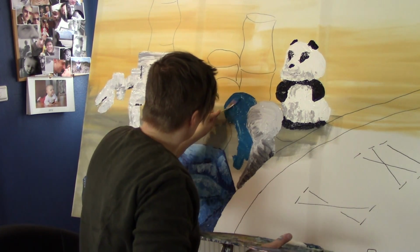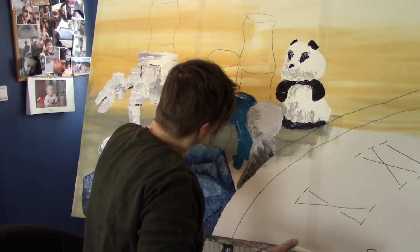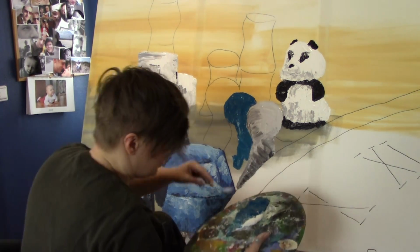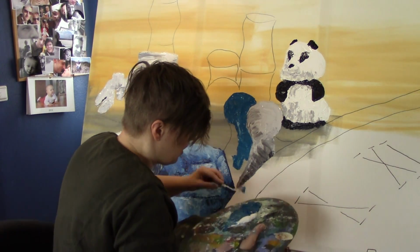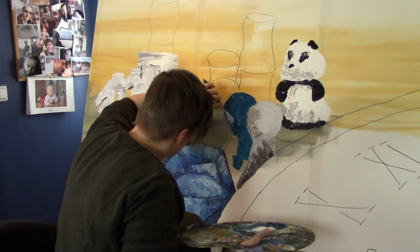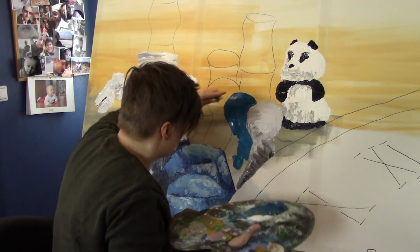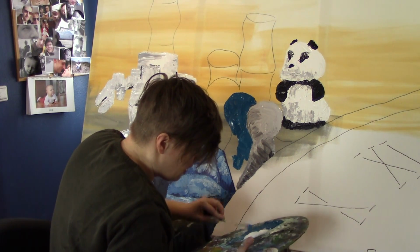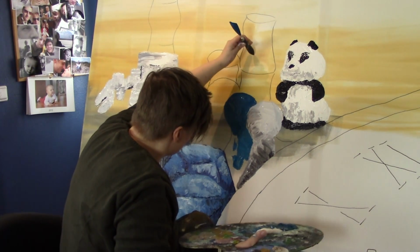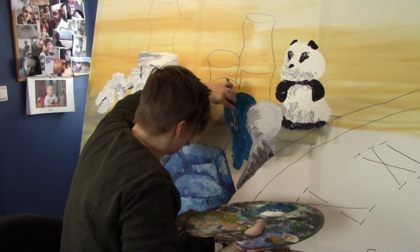I want to use the Prussian blue for shading on this particular one. But I also want to mix it into the green when I shade that bamboo here and the base of the panda. But I'm gonna use lemon yellow for the yellow bamboo here, and I want to have as clean a palette as possible